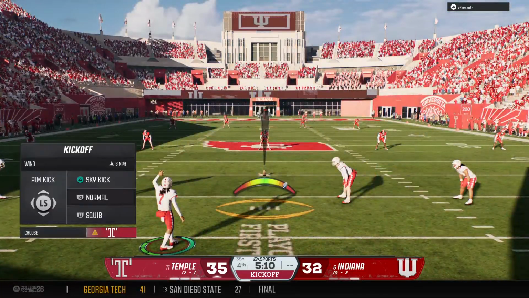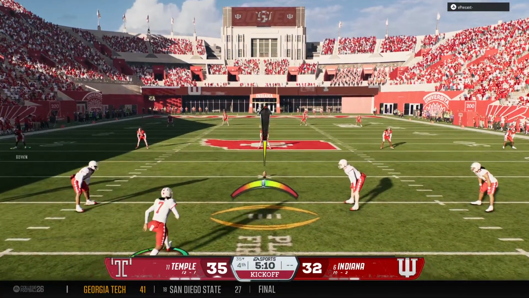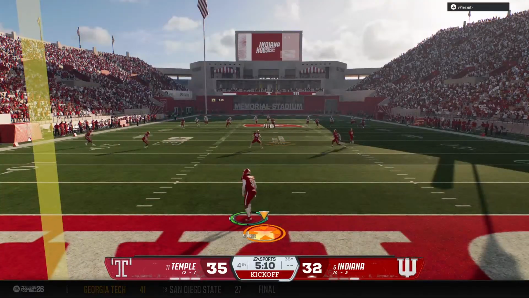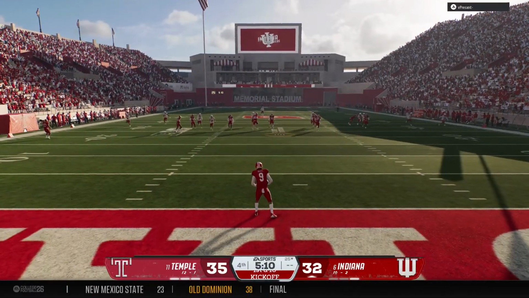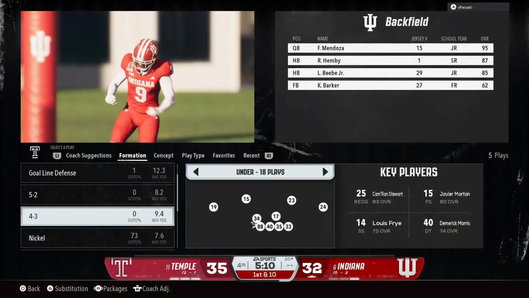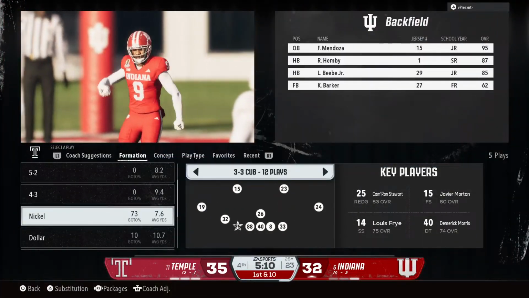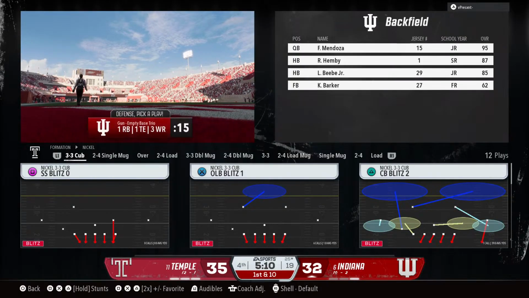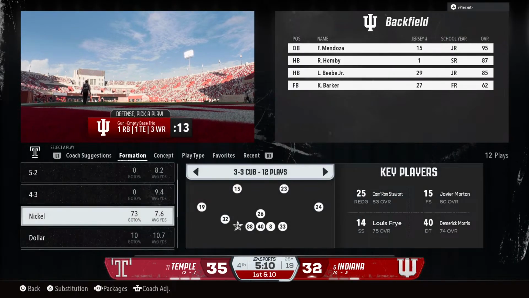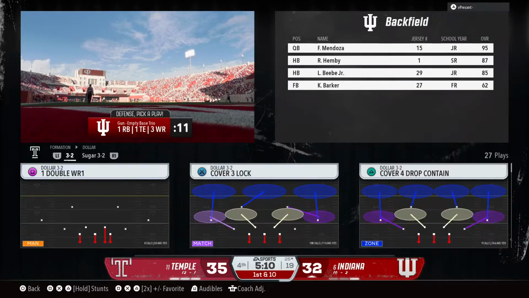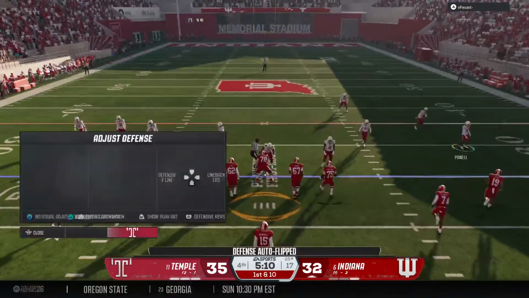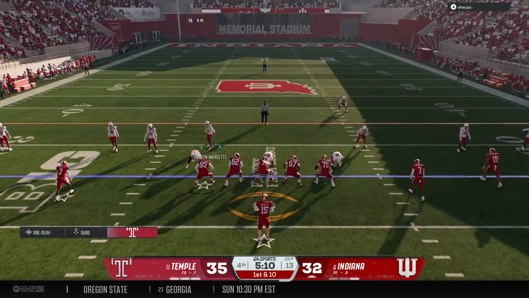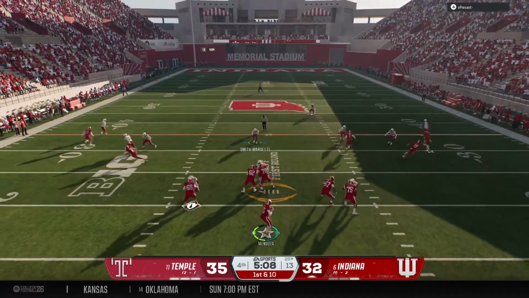So after putting up the touchdown, the kickoff team is out there to boot it away. And it comes out to the 25. No return attempted there. And the Hoosiers offense is back out there on the field. They're coming off a 3-and-out, looking to produce a positive drive here.